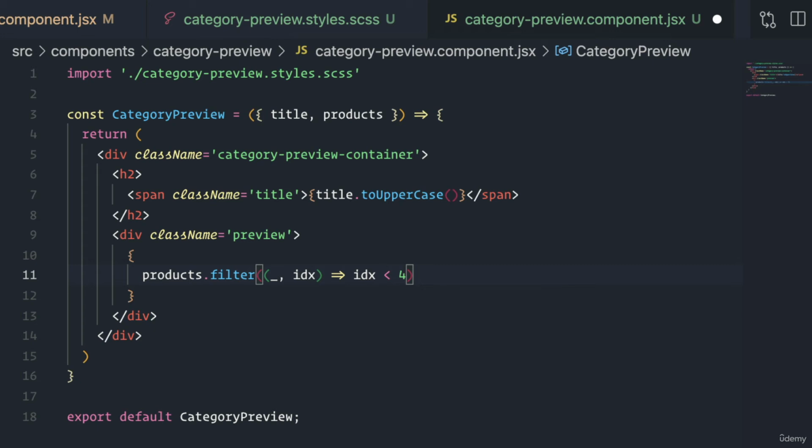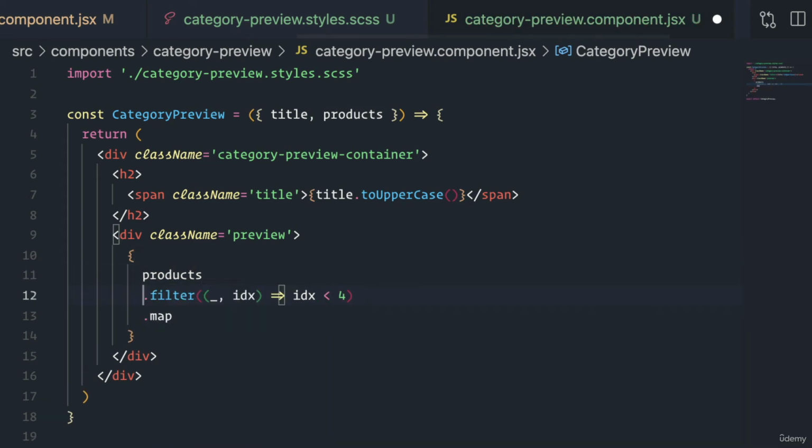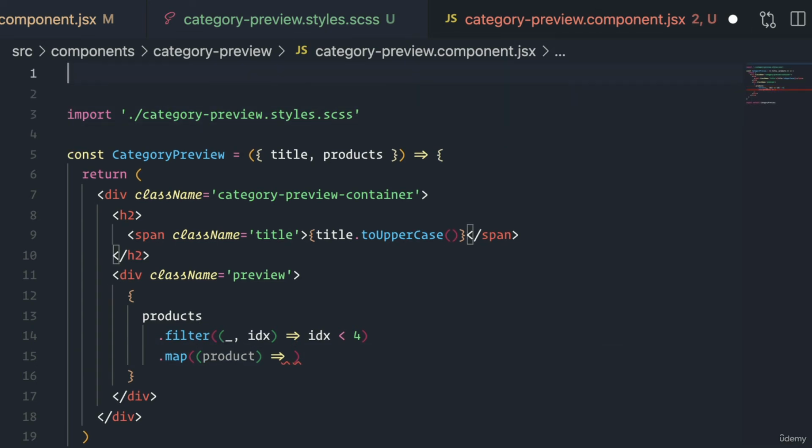Because with greater than 4, as we remember with filter, whatever evaluates to false is what gets thrown away. So here we're saying, as long as the index is less than 4, so the first 4 indexes, because it starts from 0, I want you to keep these products. And then after we filter them out, we can map through them. So here we pretty much just do what we had before. We're going to take our product and pass it to some product card component that we need to import in. So let's import in product card